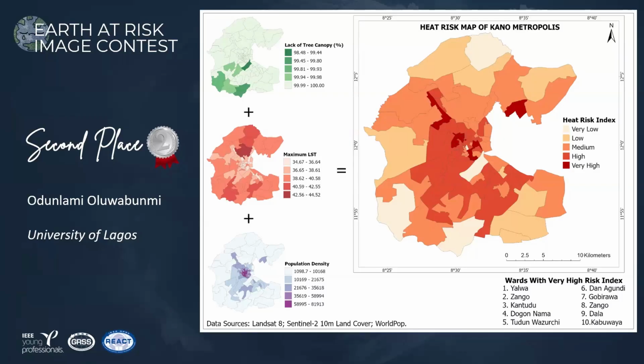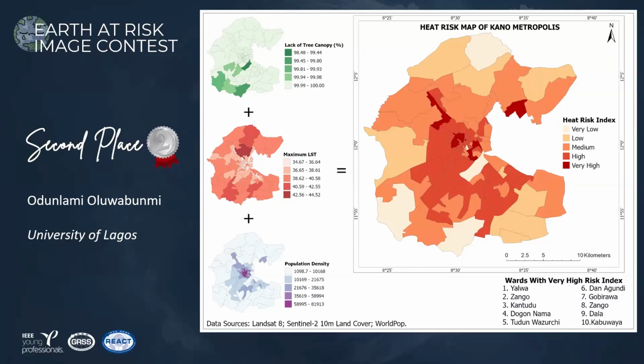This is to emphasize areas where people actually live and work. So this weighting strategy ensures our index prioritizes human exposure rather than simply identifying the hottest locations. So I wanted to focus on where we have more people living. So that was the reason a weight of 2 was assigned to the population density.